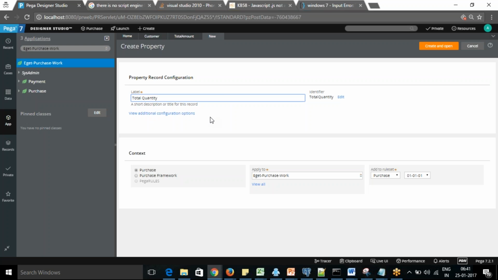Again, it needs to be an integer field. So when you are creating any property, these are the four things you are going to give.